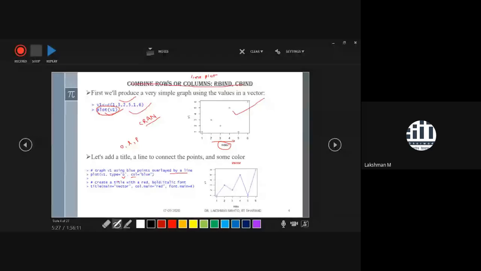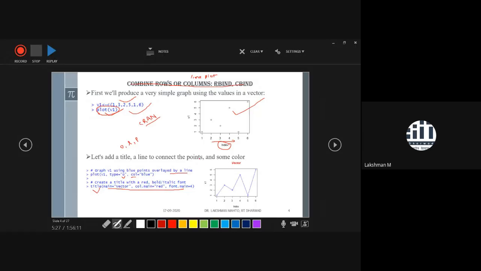Also apart from that, once you already have the plot, then you need to give a title. For the title there is a special command that we call the title command. Here you write title like this way. Here you are plotting a vector, so you give the title vector.